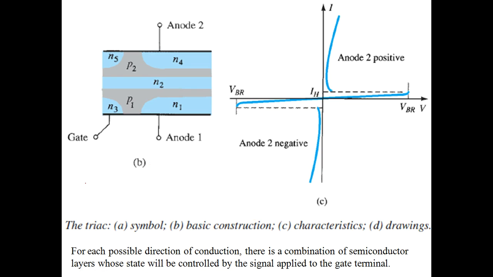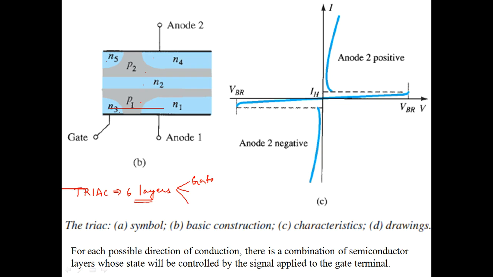Basically a triac, so how many different layers are there? Let us just go through it. So this is 1, 2, 3, 4, 5, 6 and 7, right? Now if you just refer to some other textbooks, you will find that a triac consists of 6 layers,